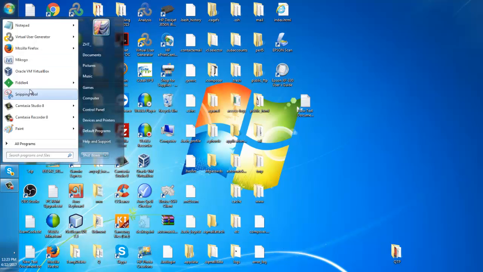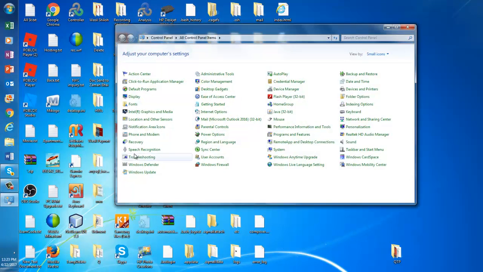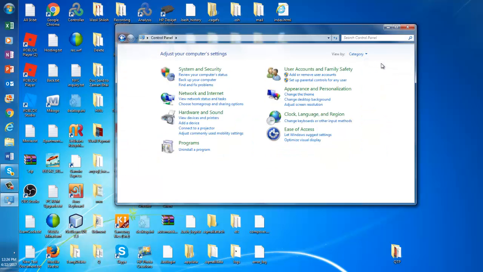You go to your control panel, and can you see Windows Update here? Sometimes your icons look bigger and you do not see all of these options. Then you click here and change the setting. Now, let's say I'm selecting category. Can you see? Now I can see fewer icons, right?